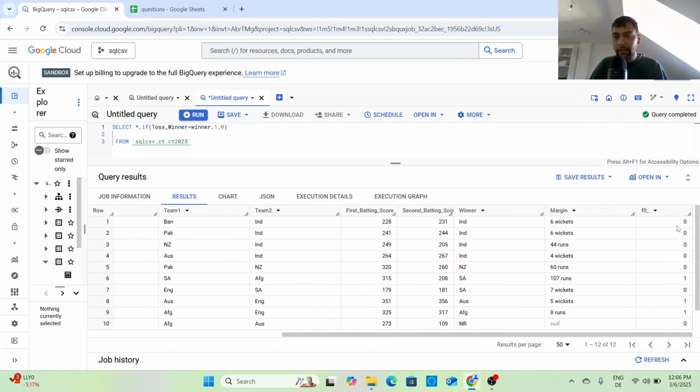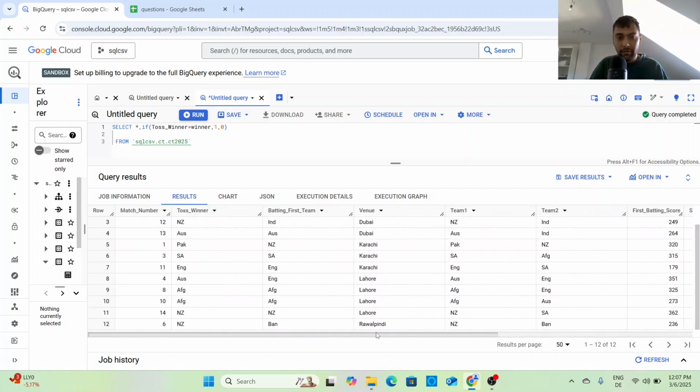So if you see, there's a lot of zeros in here, right? There's 1, 2, 3, there are 5 games where it's 1, 7 games where it is 0. So what that means is only 5 times the team winning the toss has gone on to win the match, right? And interestingly, these two ones are like, I think,